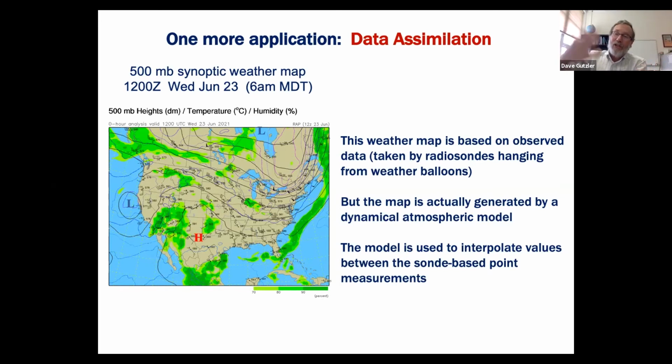The big difference is they're coupled to another dynamical model of the ocean, and the two interact together. But for a weather forecast, you don't need to worry about the ocean. The ocean is not going to look too much different a week from now than it does today. So we can get away with treating the ocean as just being a surface of water that doesn't change. For a climate outlook for 50 years from now, you can't get away with that.